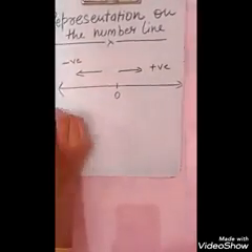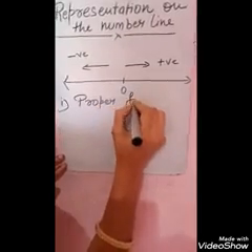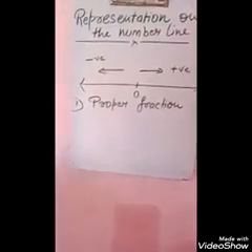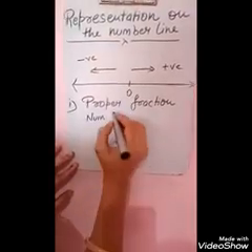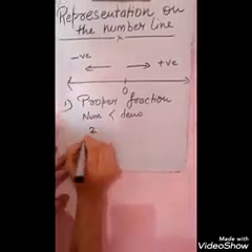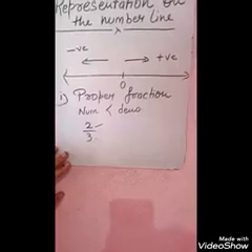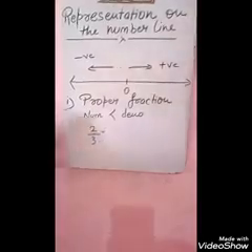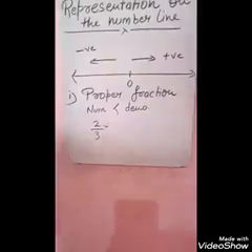For that, the first type of rational number is proper fraction. What we know about proper fraction is that the numerator is less than the denominator. Means the number 2 by 3. You can see the numerator is less than the denominator. 3 is more than 2. Now, how to represent a proper fraction on the number line? This is your first topic of representation.